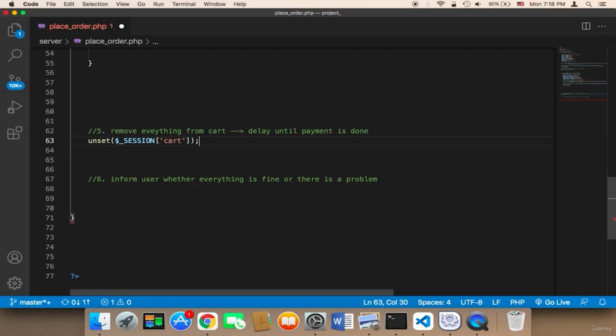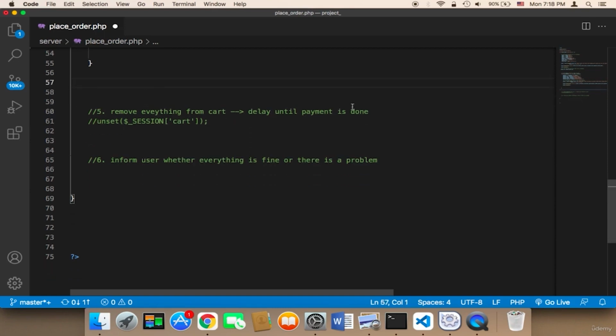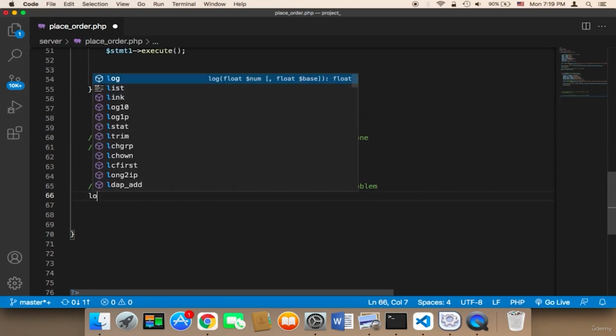Very, very simple. However, again, I wouldn't recommend doing that. So I'm going to keep this code right here, and I'm not going to remove everything from the cart until the user completes payment. And here the sixth step is to inform the user whether payment was successful or not, and take the user to the payment page. So in order to take the user to payment page, we need to use the header